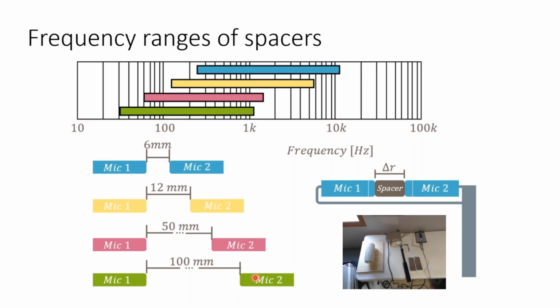We put the spacers in because it's an exact measurement. It gets us exactly to the spacing we want, so we can measure these frequency ranges. This is very unique to the sound intensity probe, not the PU probe, as we'll go on to find out. The PU probe, as you saw, it didn't have 2 microphones and it doesn't need a spacer. But if you're using the sound intensity probe, you need to have the right spacer for the right frequency range